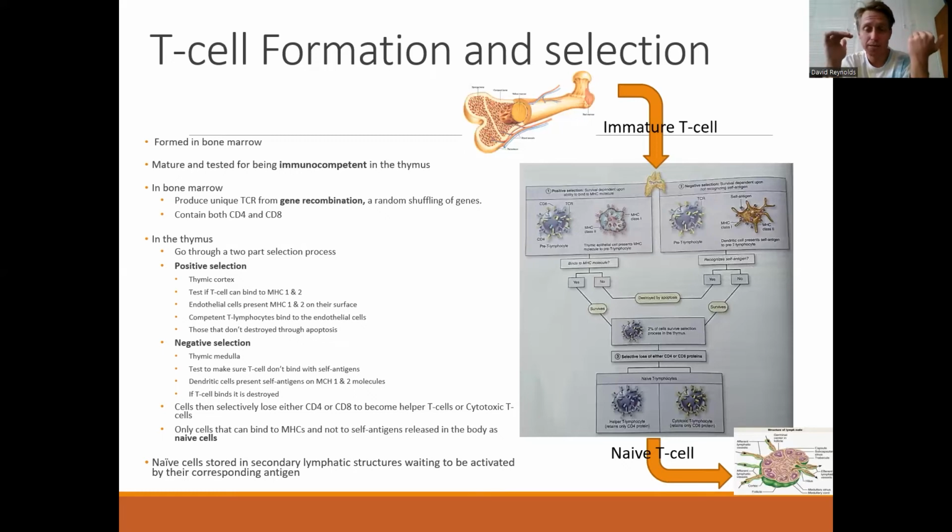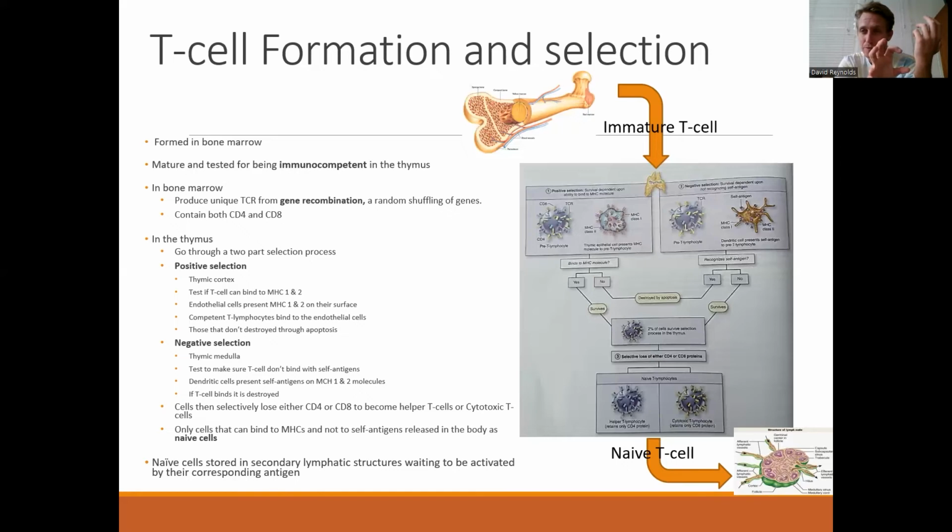In the medulla, we have a bunch of dendritic cells, and those dendritic cells are going to produce a bunch of self-antigens on their surface as antigen presentation that we talked about a few times now. So you have a bunch of self-antigens on the surface of these dendritic cells. So now if a T cell binds to that dendritic cell, we know it's a bad T cell. All right, you don't want your T cells to attack your own cells. So we do it in this controlled fashion with the dendritic cells, where if that occurs, then apoptosis can happen